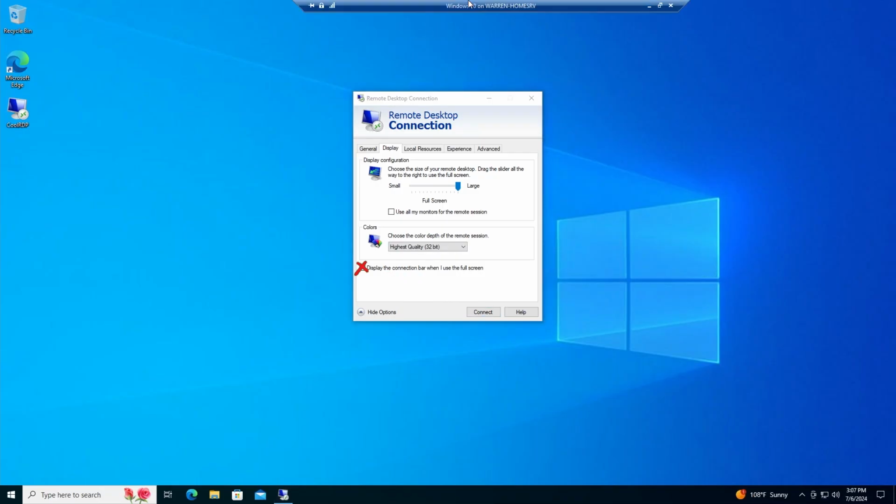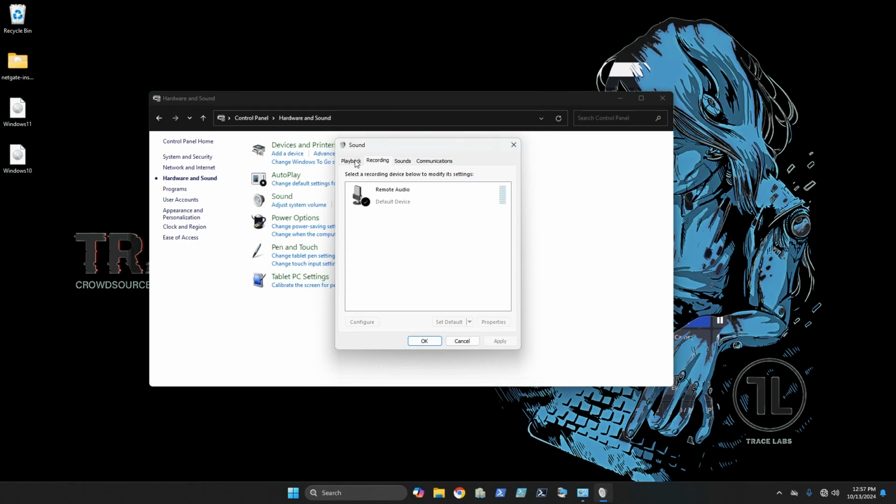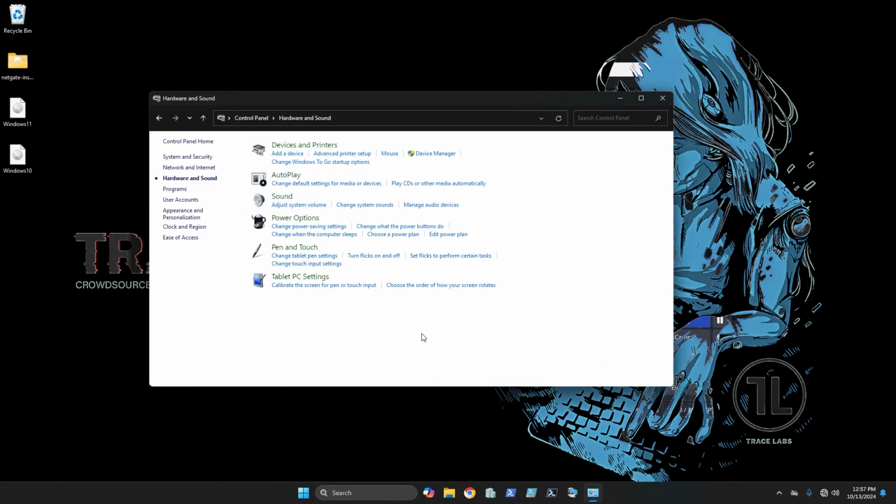The connection bar is going to be a blue bar at the top of the remote session. And with this unchecked, in order to get that to appear, you'll have to click Control, Alt, and Home all at the same time. We have audio settings here. If we turn these on and jump into our session, we'll see input and output devices named remote audio. These were not here before, however, they were actually made by the remote session when we connected, which is pretty